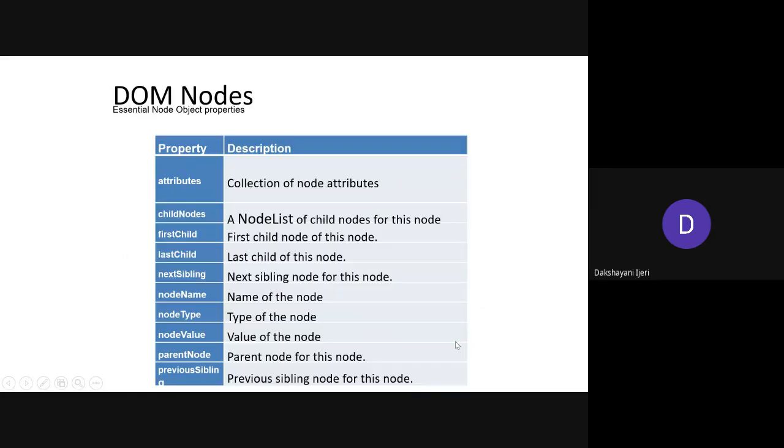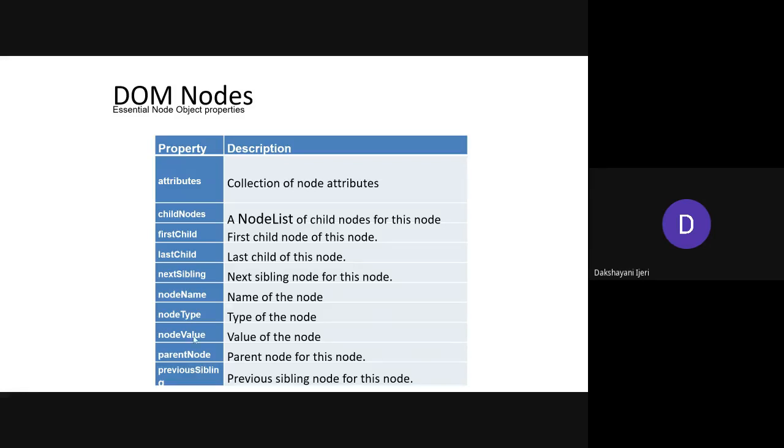Okay. So these are the properties associated with any document object that you construct for the HTML. All the things will be associated with these properties. The name itself tells what each property means. If you want to access a specific attribute within any element, it is accessed with the attribute property. See why or for what purpose these properties are used: whenever you are writing any JavaScript for the HTML, you should be in a position that through that JavaScript you are able to access the contents of the HTML. And how is it possible?